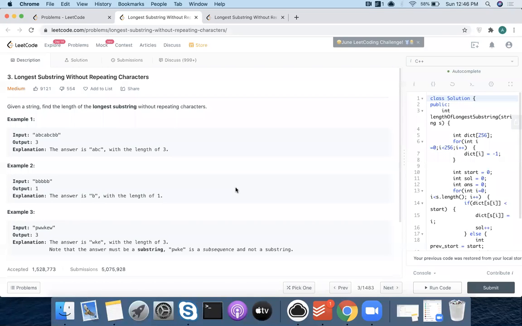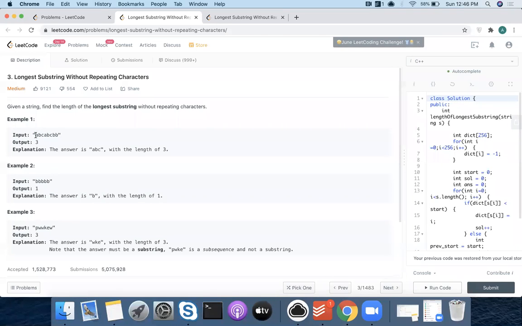N individual characters are also substrings, plus all the two-character combinations. They can overlap also. It's not n by 2. It's n into n plus 1 by 2. That's the total number.